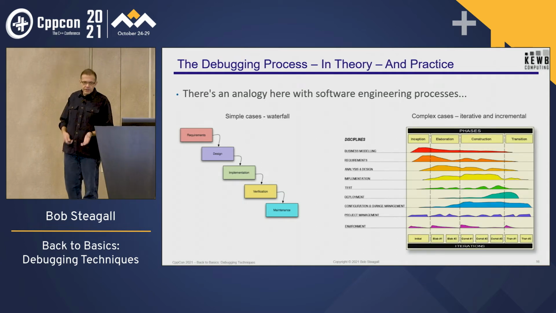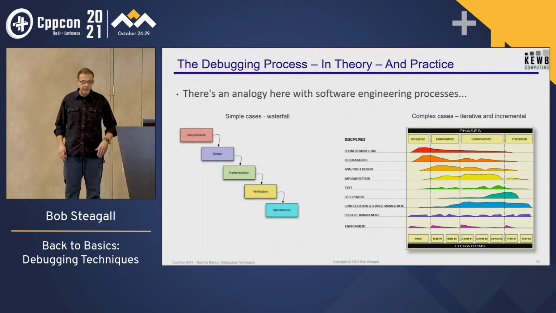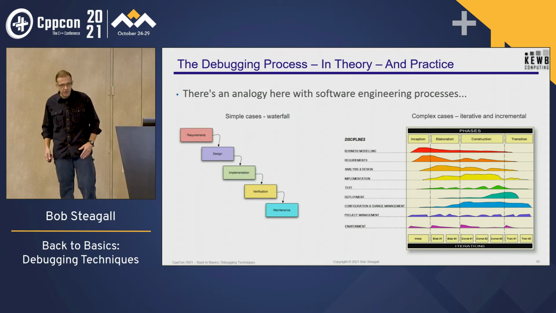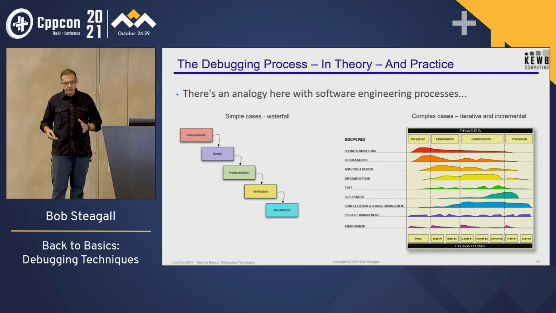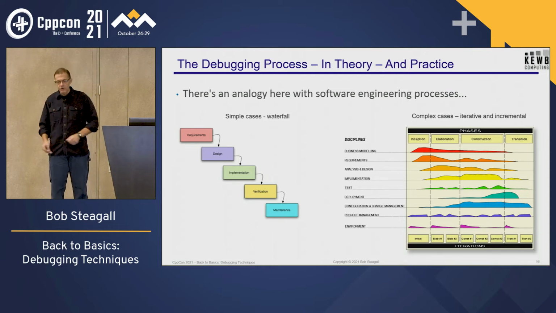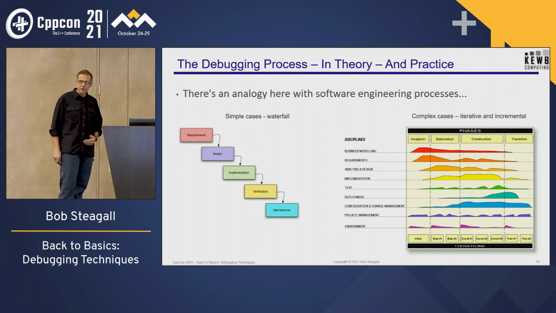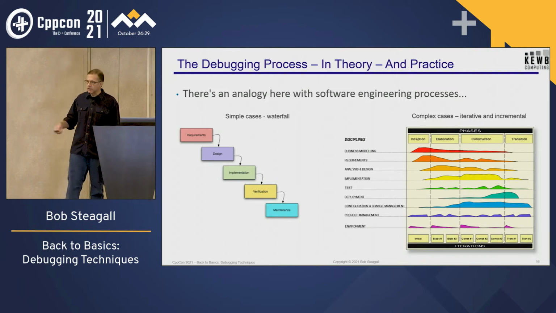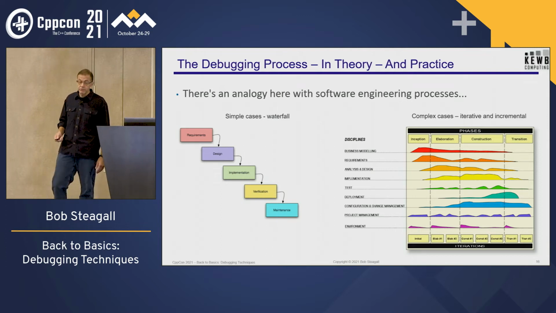And so this is a software engineering process that I like very much called the rational unified process, and I'm using it here as an analogy for the debugging process. You have a number of things that go on concurrently, which is represented by the different lines there, and you have different phases or iterations that you go through, which are represented by the horizontal axis. And debugging is very much like this. There are a number of things that you have to do concurrently, and you end up doing them iteratively until you get to what is hopefully a satisfactory result at the end.